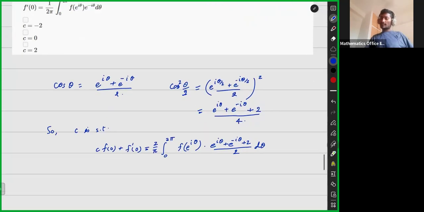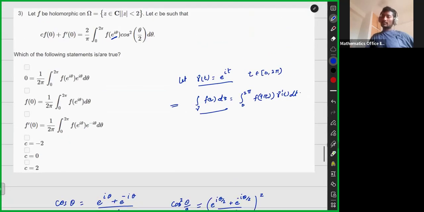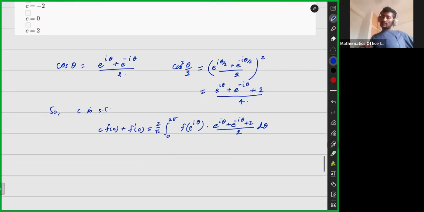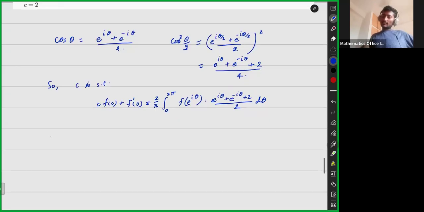Now we are going to use this identity of the unit circle. Then what we are going to get is this. Let's say we are writing the RHS: 2 by pi integral from 0 to 2 pi becomes, sorry, gamma, f of e power i theta is f of gamma t,